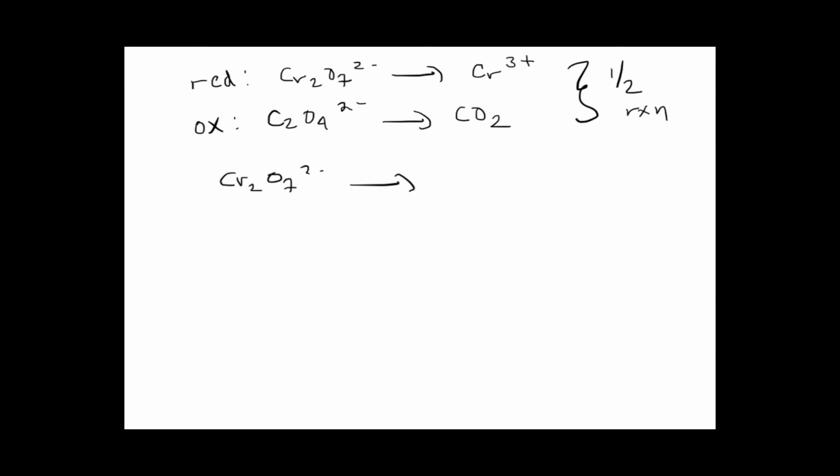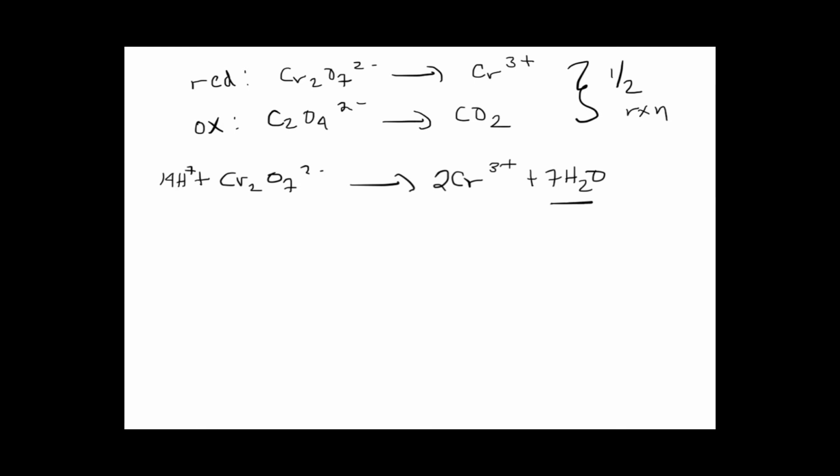Remember that your first step is to balance all the atoms that aren't hydrogen and oxygen. So the first step here is to actually put a 2 in front of the chromium 3+ to balance out the chromiums. Next we want to balance out the oxygens with the addition of water. Water is floating around in the aqueous solution, so that's perfectly legitimate. Next thing we want to do is add H pluses to balance out the hydrogens. So we would add 14 H pluses here